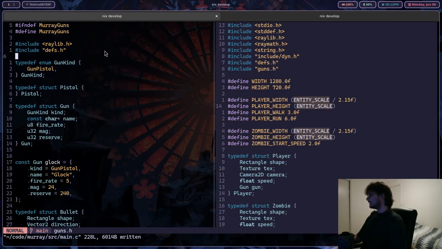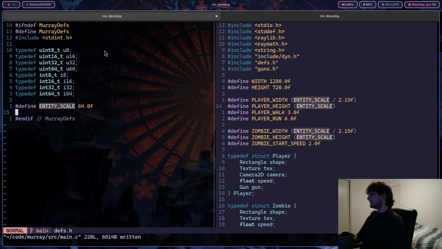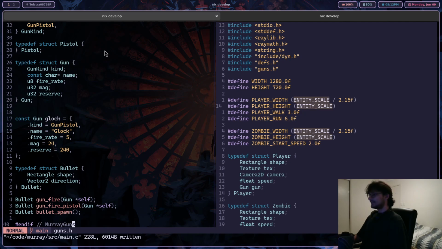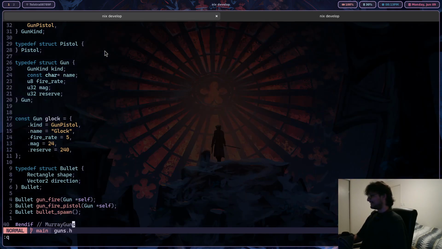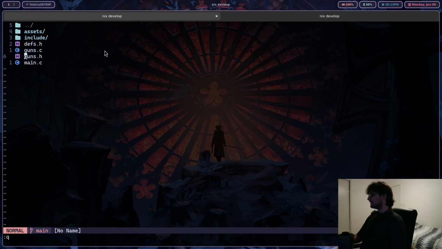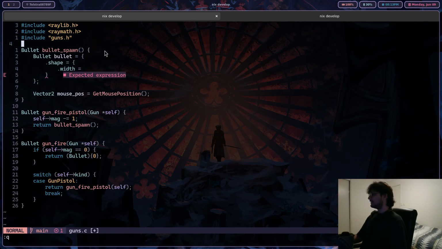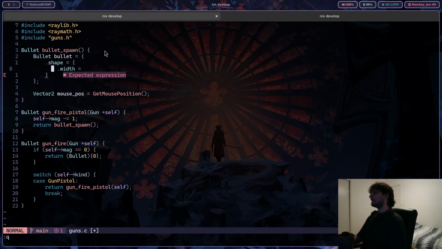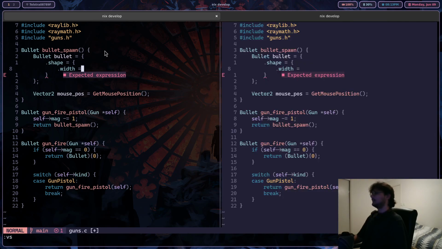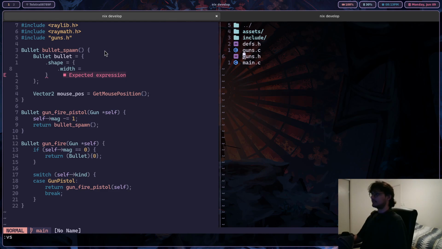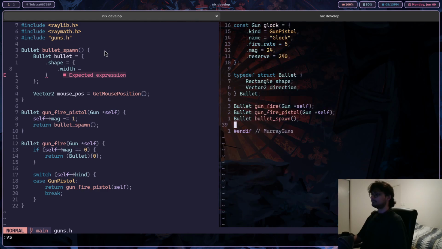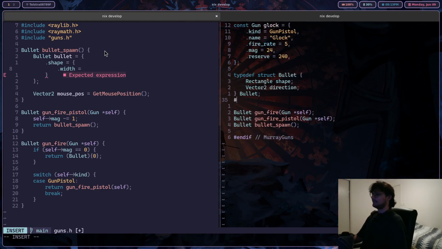So yeah, that makes things a little bit easier. Cool. Why did I need this again? I wanted it in here. Right. This comes from guns, which has that. Okay. So we have our entity stuff. Let me go back into guns.h and make another define here, and we'll say